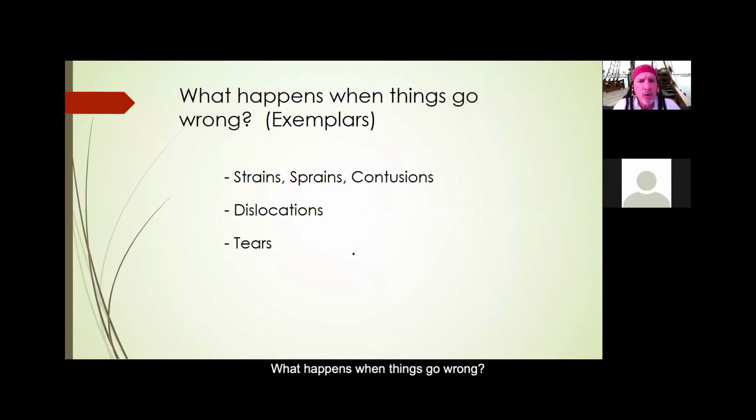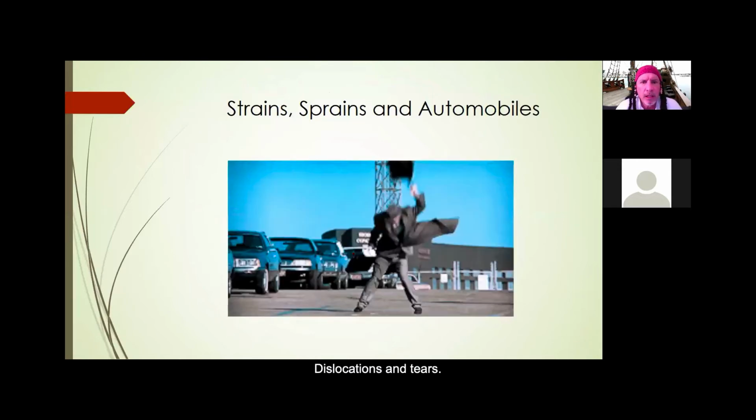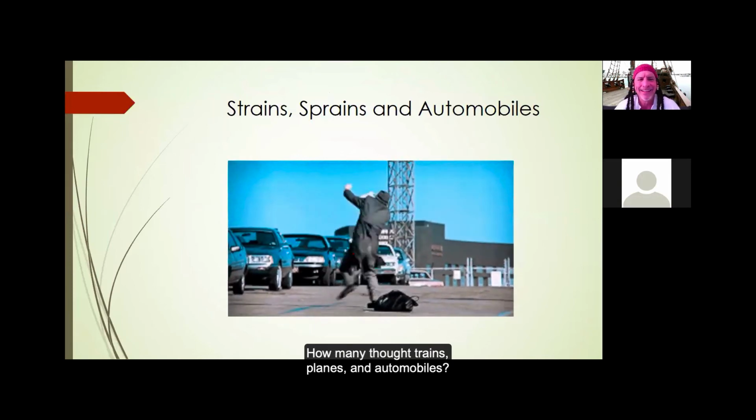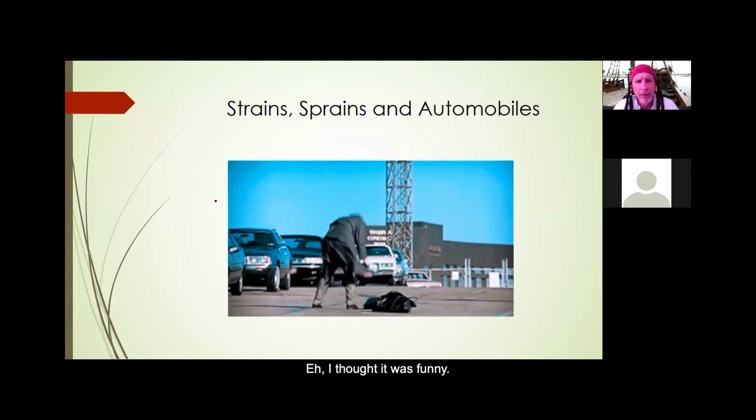What happens when things go wrong? We're going to talk about these exemplars: strains, sprains, contusions, dislocations, and tears. First one, strains, planes, and automobiles. How many thought trains, planes, and automobiles? I thought it was funny. Anyway,